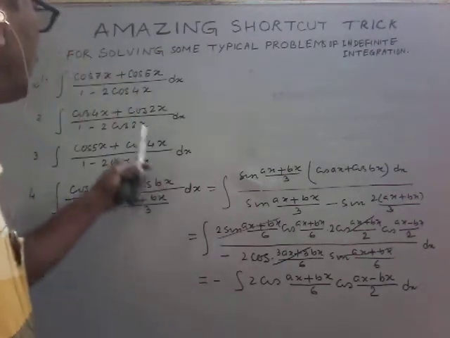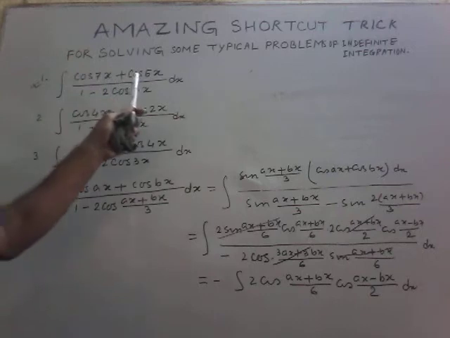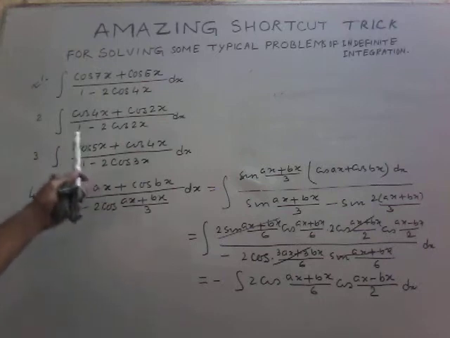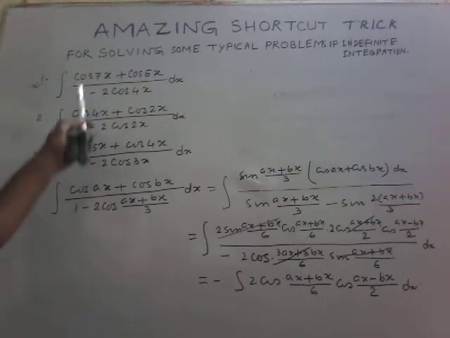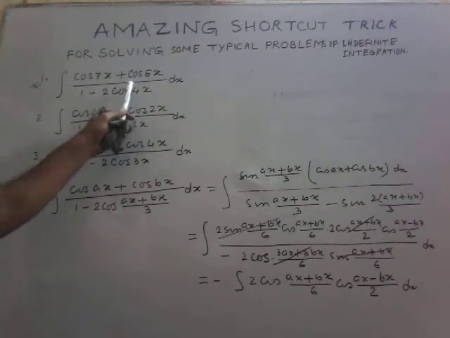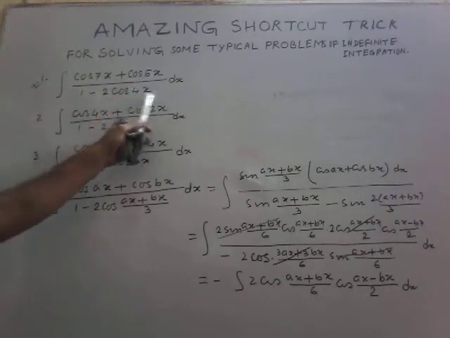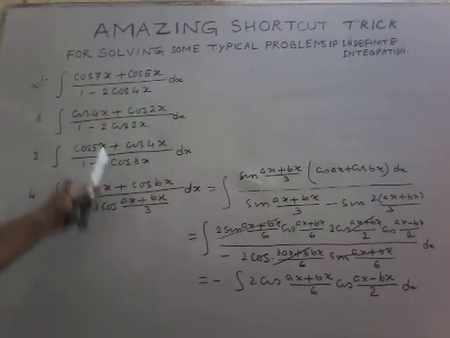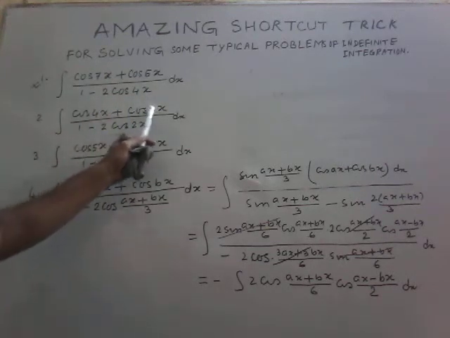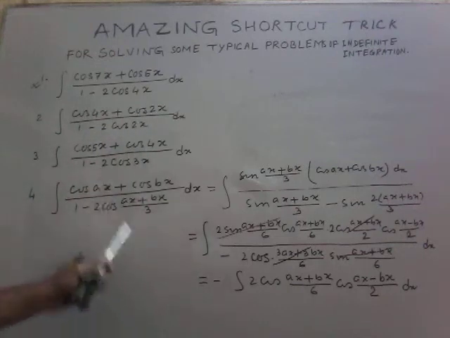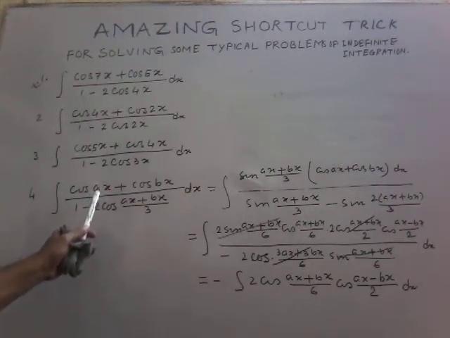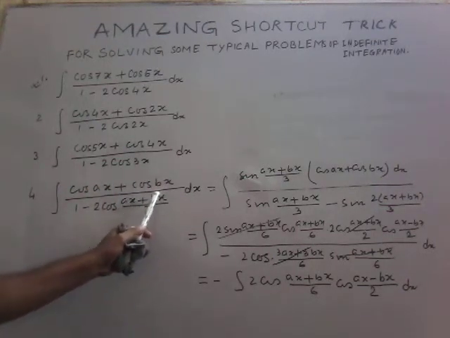If you see, the problems are obtained by a definite rule. What is the rule? Look, the denominator is 1 minus 2 into the cosine of the sum of angles by 3. 7x plus 5x, 12x by 3, 4x. 4x plus 2x, 6x by 3, 2x, so 1 minus 2 cos 2x. And this is ax plus bx by 3.